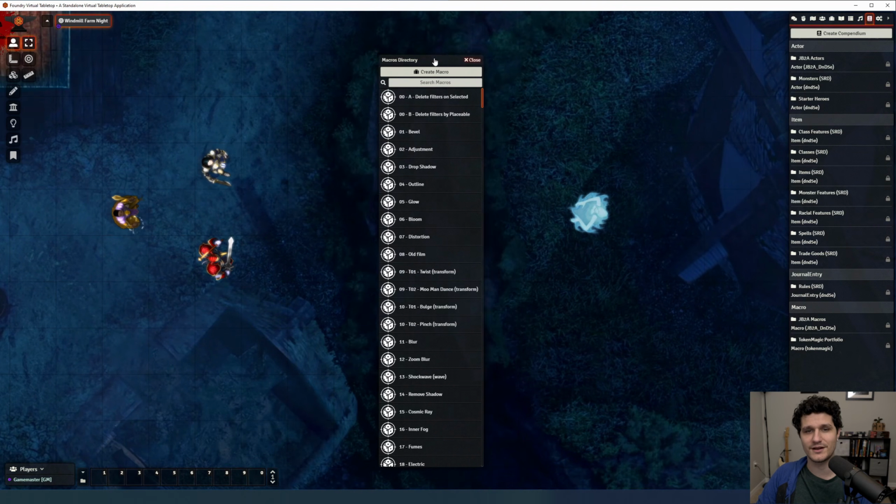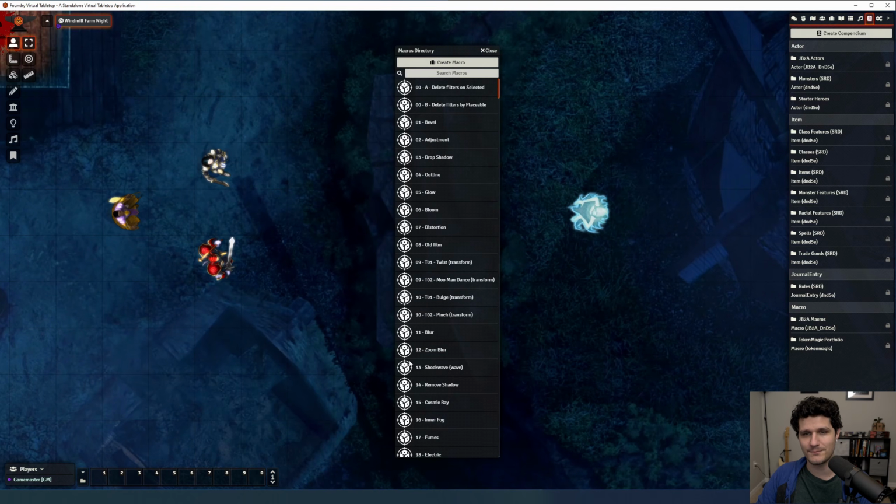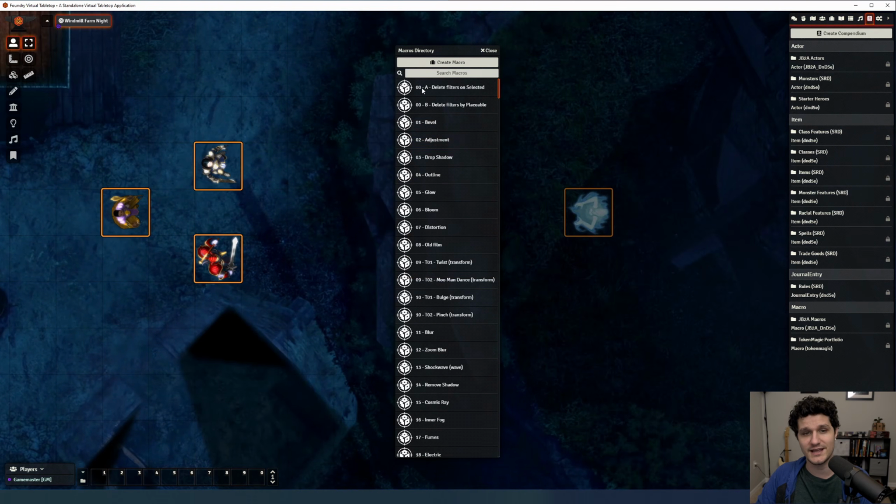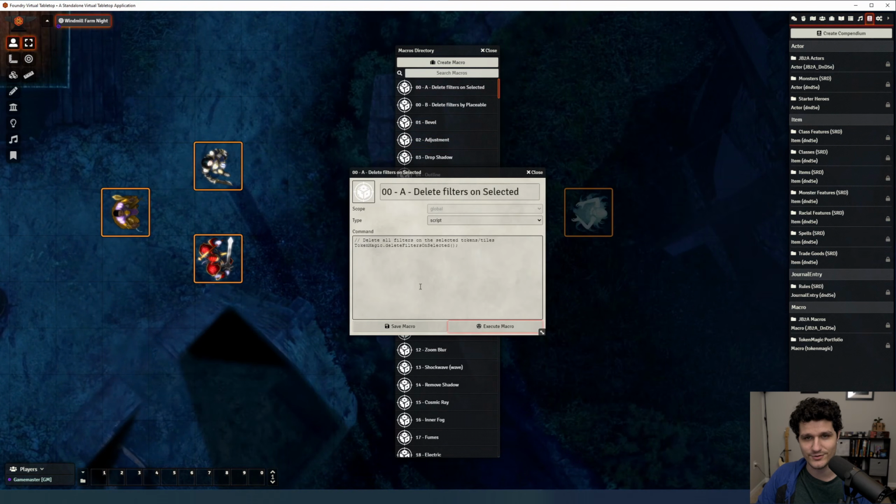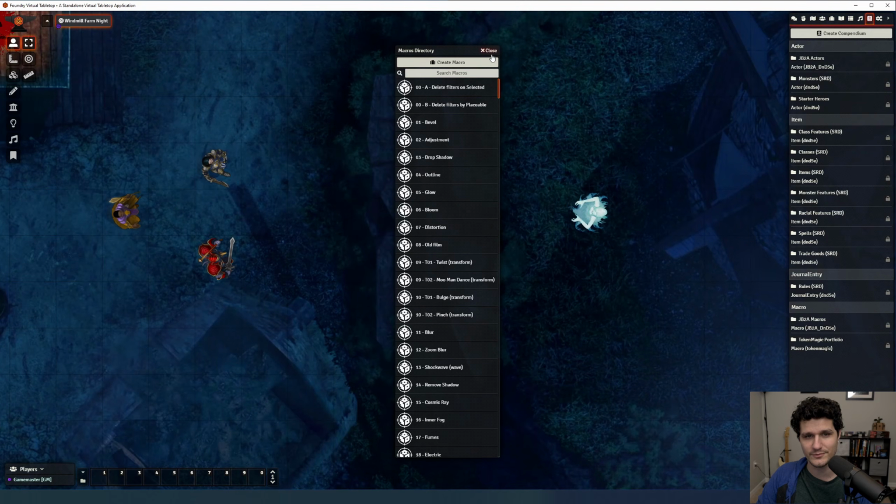That covers just about everything you need to know to get started with animated maps, tiles, tokens, effects, and spells. I hope it's given you some inspiration on how you can add even more immersive elements to your game, and